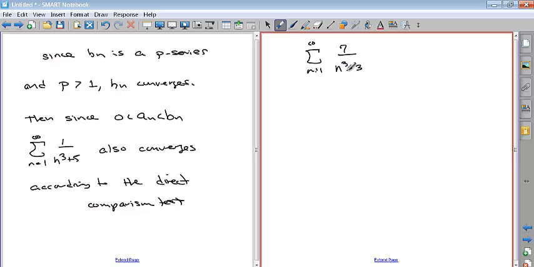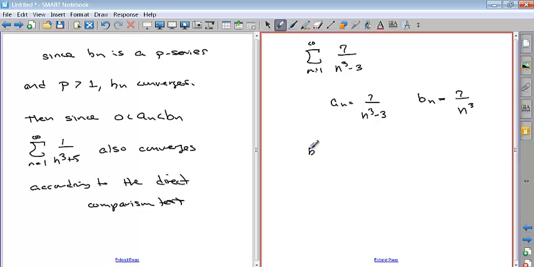In this case, a sub n would be 7 over n cubed minus 3, and you couldn't use the direct comparison test, but you could use the limit comparison test, and you'd still write this out ignoring the negative 3,